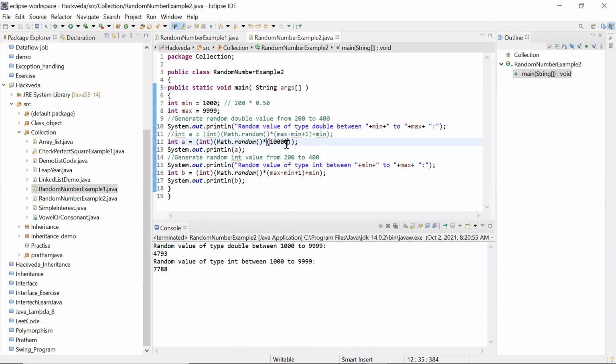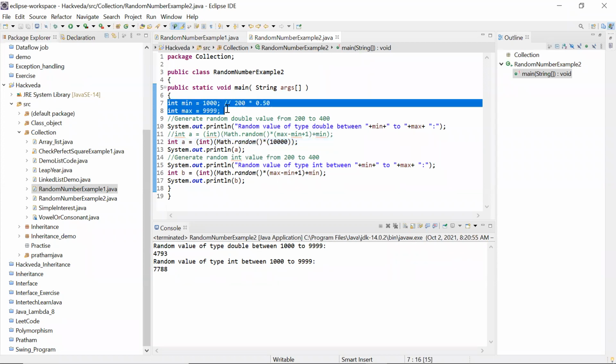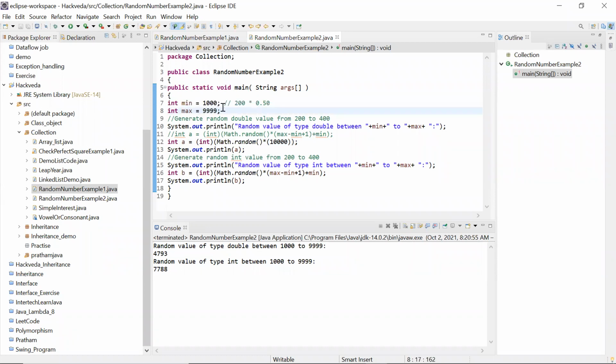So you can apply any logic here. It depends on you. I decided to take whatever minimum and maximum value the user will decide. You can take these two values from the user also with the Scanner library. If you remember, in my previous lecture I explained the Scanner library, right? Yes, sir. So with the help of Scanner, you can accept a minimum and maximum value and then pass it. I had written this by keeping those things in mind.